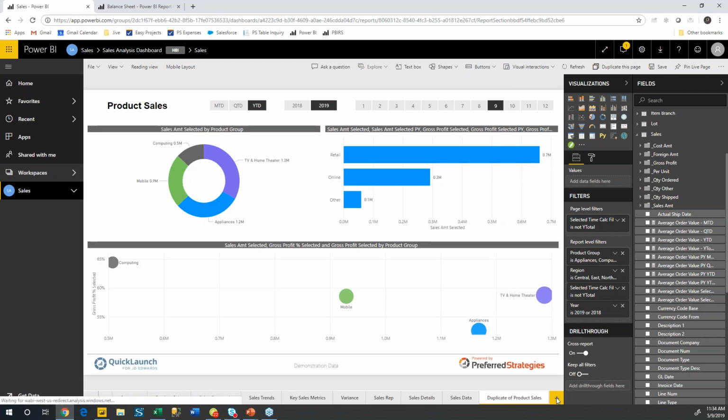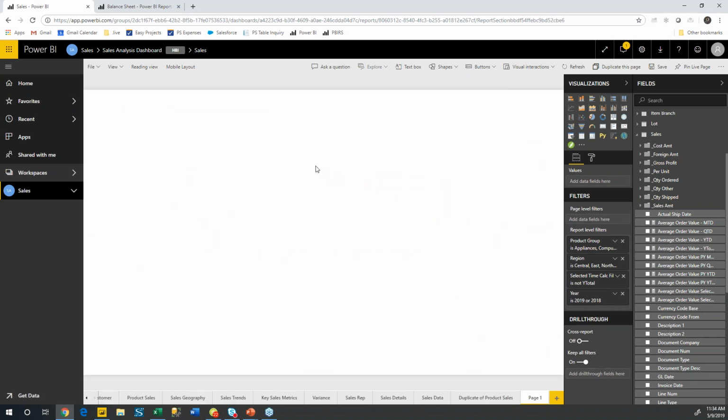But if I hit the plus down here, it allows me to build a whole new page. So in this case, let's say I want to build something from scratch. Now I could just drag something into the canvas. It's simple, just click on the value, drag into the canvas. There's also this new functionality that came in recently called Ask a Question. So with Ask a Question, if I double click out here in the canvas,